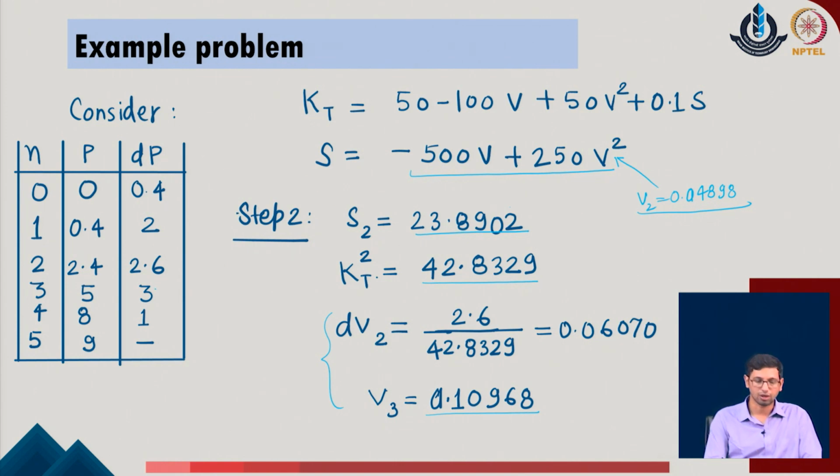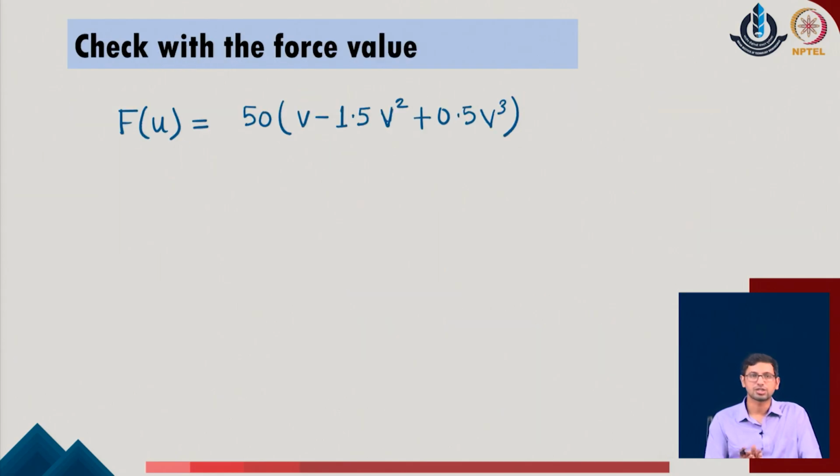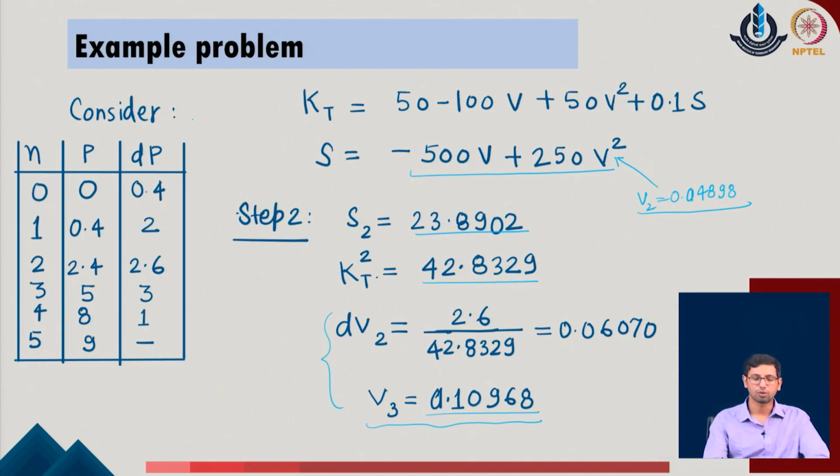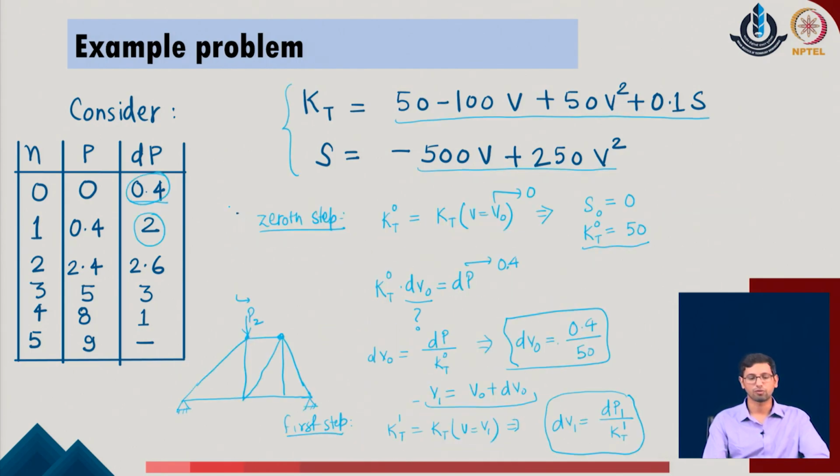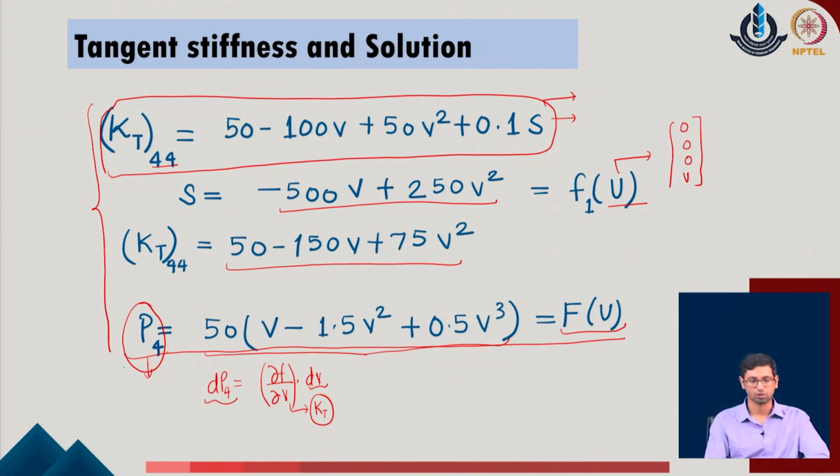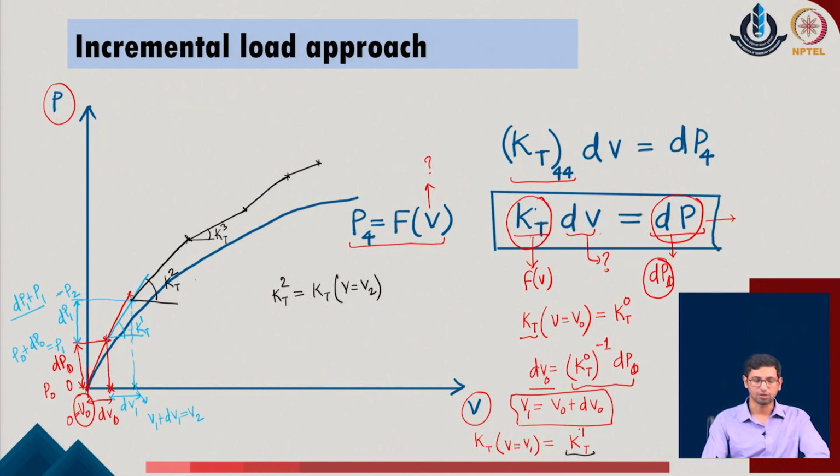We suggest that you can go through this part of the tables and try to check whether these answers make sense to you. And with that part, now once we are comfortable, we can go ahead and check what happens to the given response in terms of the force comparison. So, what we have seen at the beginning, that other than the value of the kT and the S parameter of the given system, we were also knowing the value of the initial function f of the given system. So, f or the function p for the given system was also known to us, which is defined over here. Now, this is the original function of the given system.